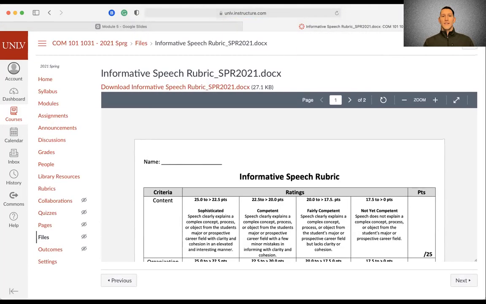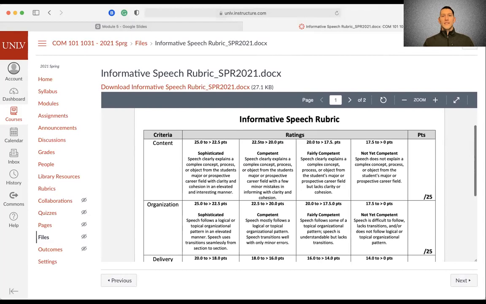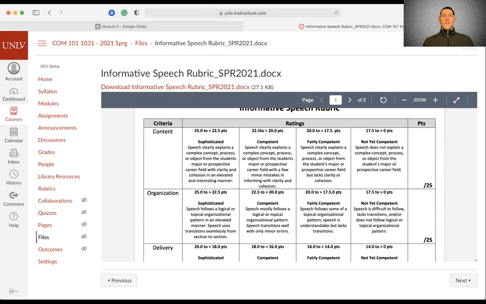You can download it here as well. But again, you're just clearly explaining that concept, process, or object. So think about it like if you've ever heard the term explain like I'm five, that's what I want you to do in this assignment. Take something that's complicated and translate it and make it simple enough that a 5-year-old can understand what you're talking